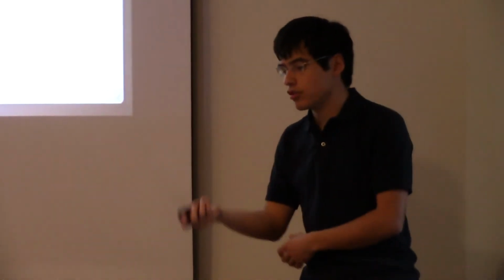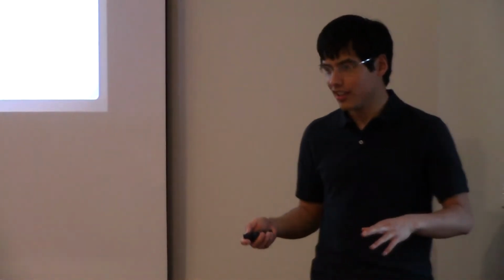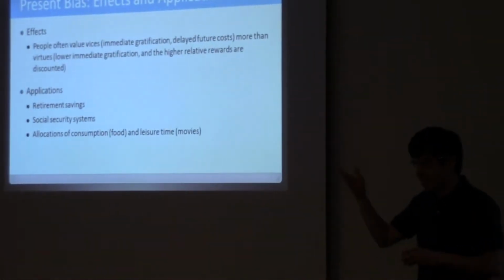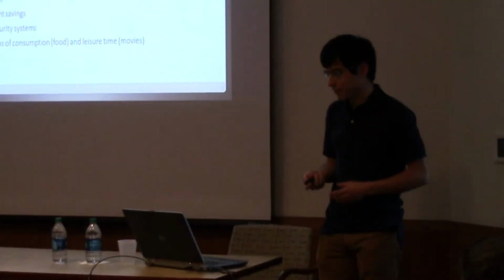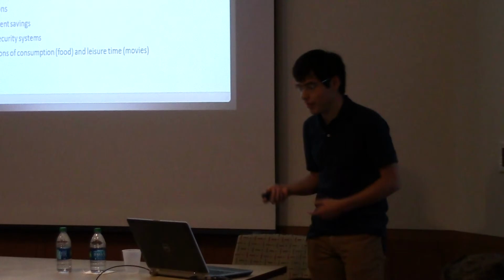One of the big papers that introduced the effects of present bias studied this. They thought that The Breakfast Club was a lowbrow movie that you would only choose if you're making a decision what to watch today, versus you would watch something highbrow like Schindler's List, go figure, if you were choosing what to watch next week. Yeah, I don't know if anyone disagrees with that, but that's what the people who wrote the paper thought.